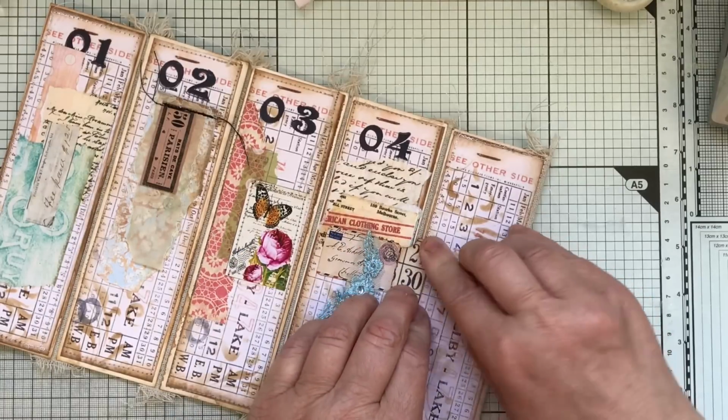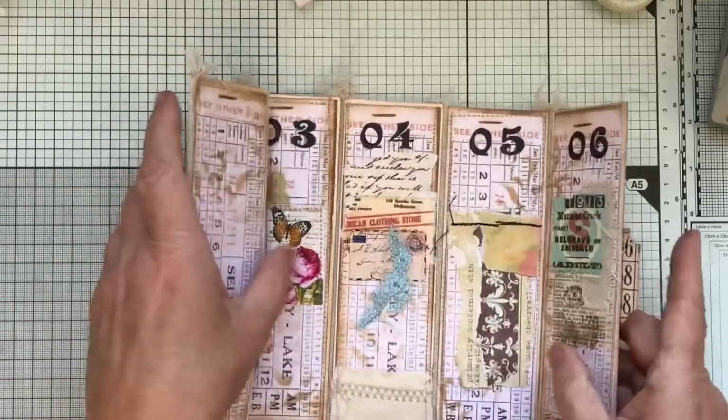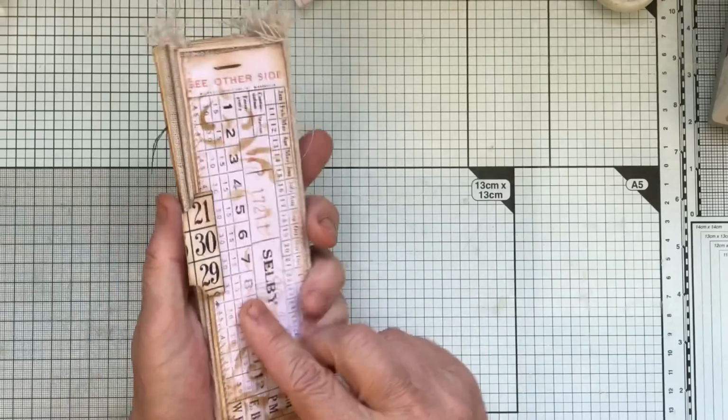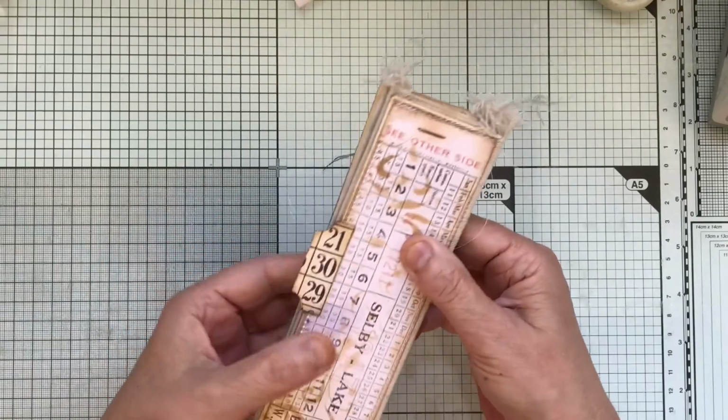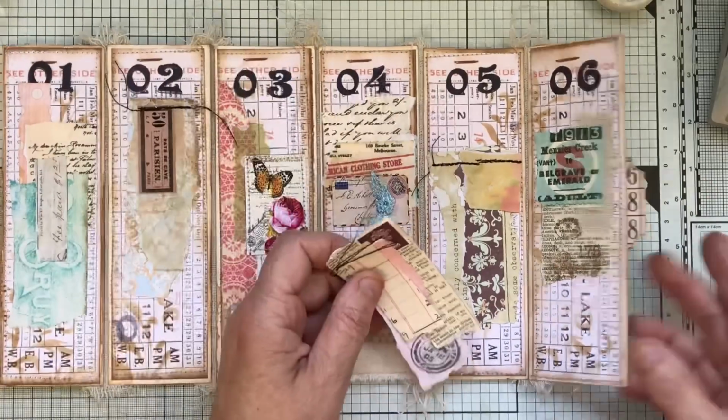There, I think. I'm just going to check it closes, which it should, but there we go. And that's going to stick out from the back there. Yeah, I'm quite liking this. This is going to go on the back, wasn't it? I was going to...